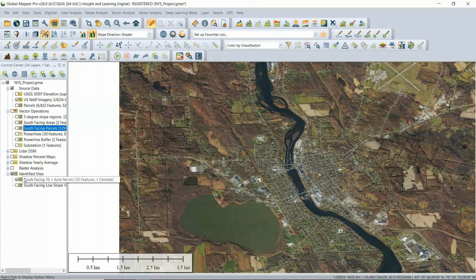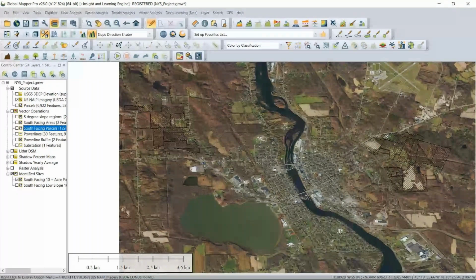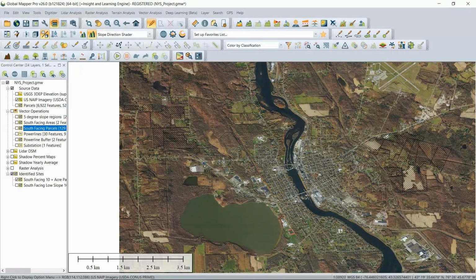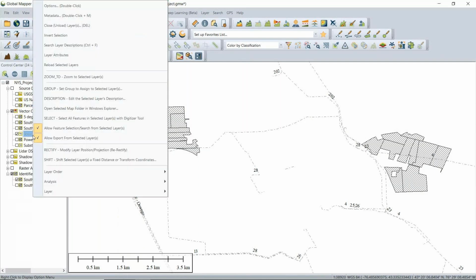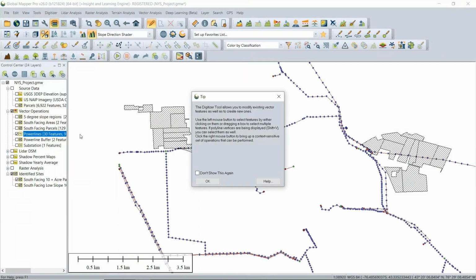Now for one more kind of vector analysis part of the process, we want to make sure that the parcels we've identified are within a 0.2 mile boundary from our power line layer. So we have our power lines here. They're kind of hard to see, so I'm going to temporarily turn off all my base map there. So the first step in this process is going to be to select all the features within that power